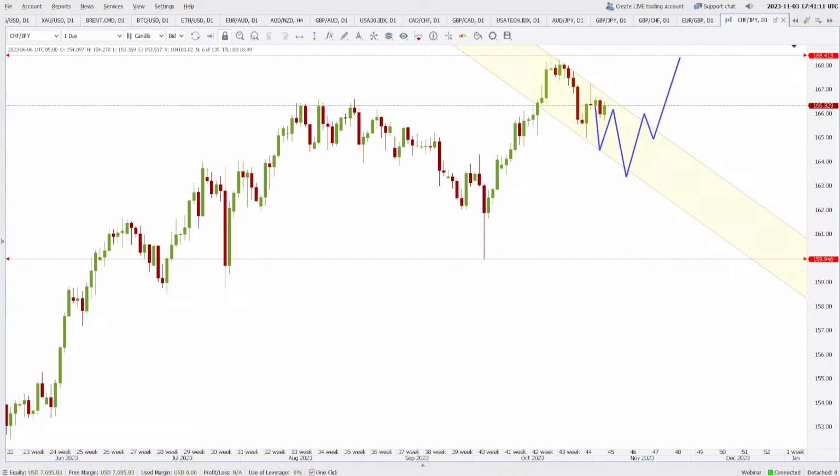Let me wrap up this webinar for this weekend. I hope you all know about the support and resistance levels that are of interest in the coming hours and days. My request to you is to please keep in mind to only risk 1% of your capital on any single trade and look for a potential profit of more than 3 times the risk that you're going to take.